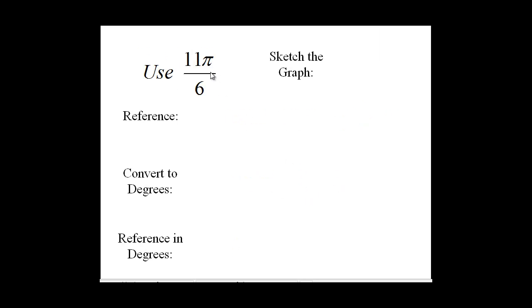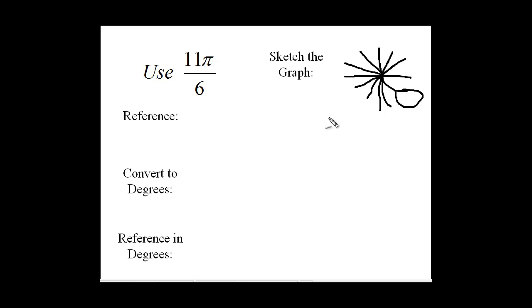And suppose we start with a radian angle, 11 pi over 6. If we're going to sketch the graph, 11/6, if you take a circle and divide it into 6 pieces, not very neat, but it'll get done. Is that right? 1, 2, 3, 4, 5. Yeah. Okay, so we count 1, 2, 3, 4, 5, 6, 7, 8, 9, 10, 11. It's right here. There's my 11 pi over 6. Way down in the